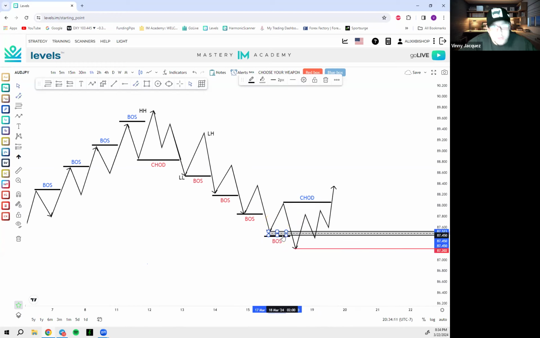Your BOS is going to be your shoulder, right? There's going to be no guessing. Why? Because you had it marked up. You've been waiting for trend continuation or the reversal to happen. Only two things can happen: continuation or reversal, right? As soon as we got that reversal, you're like, all right, no more sales. Market wants to buy now.